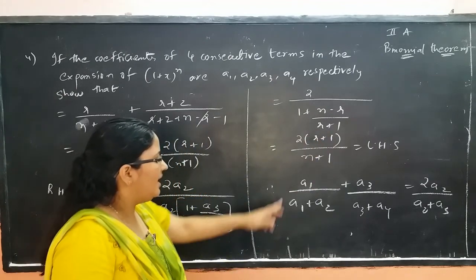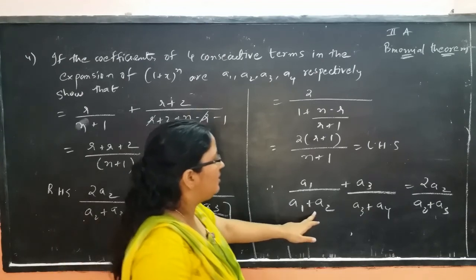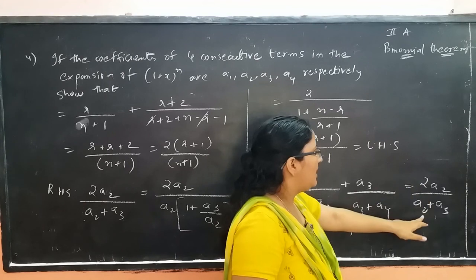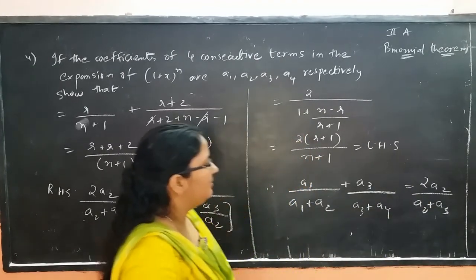So you have a1/(a1 + a2) + a3/(a3 + a4) is equal to 2a2/(a2 + a3). That's